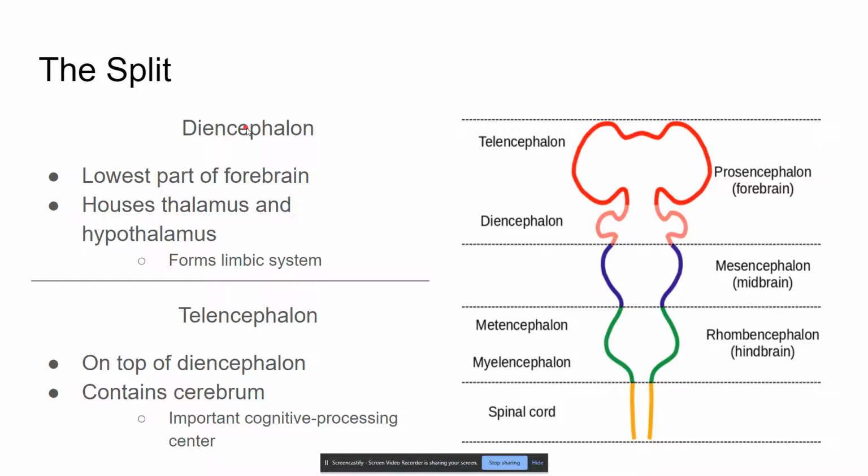Going more into depth into the so-called split, the diencephalon is the most inferior part of the forebrain, meaning it is the lowest part. And it houses the thalamus and hypothalamus, which form the limbic system. And this system combines emotion and other mental functions, such as memory and sensory details, into one. So over here, you can see that the diencephalon is the most inferior part of the forebrain, which is right below